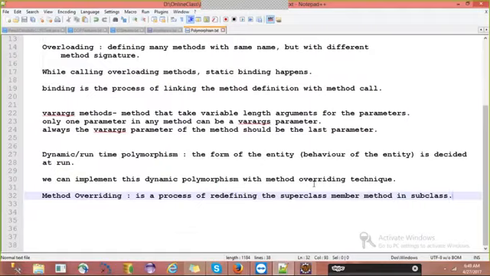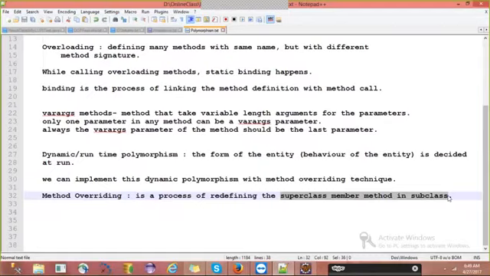So like this we need to define the overriding. By observing this definition, what we can understand here is that to do method overriding, it is compulsory that we should have inheritance. How can we say that we need inheritance? Because here we are saying superclass member method in subclass.